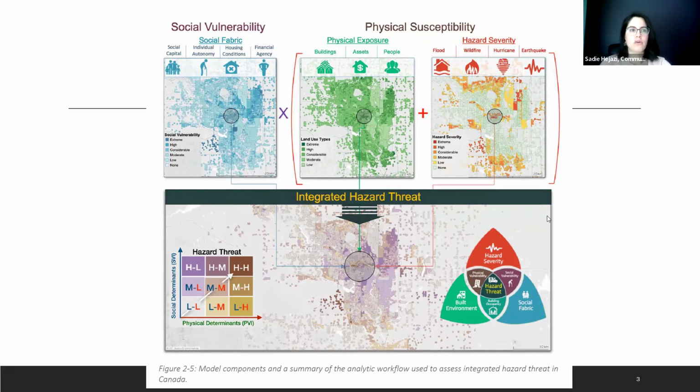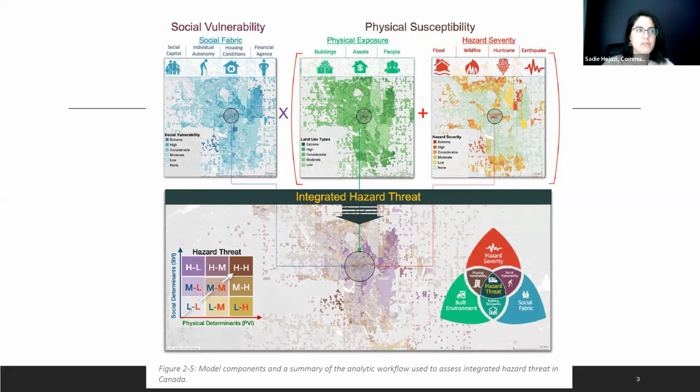We're just going to touch on it to understand how the data works and what indicators from these items we used for the QGIS project. So just touching it and not going through the project. But at the top, you will see social vulnerability and the social fabric. Those are items that are important in times of natural hazards or natural disasters. And then on the right, you will see physical exposure, which we focus on in this project, and the buildings,